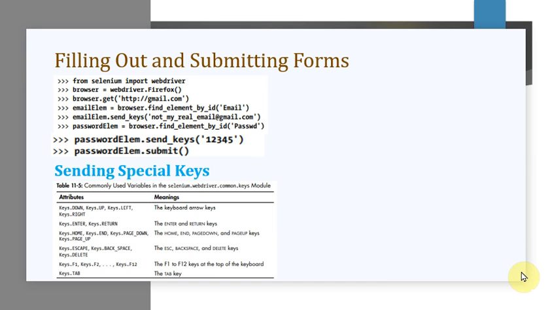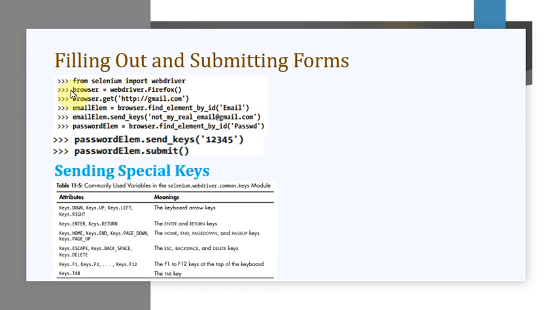Hello, students. We'll continue with the previous topic which was left out, that is filling out and submitting forms. Here we are saying the keystrokes you want to enter are what we have to send to the text field. The example given here has an email as well as a password. These values need to be entered into the email field and the password field, so we have written a script in which you can send these details to the text fields. Okay, so we'll start with this.